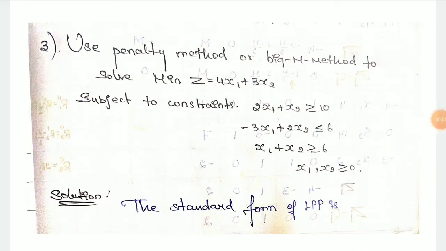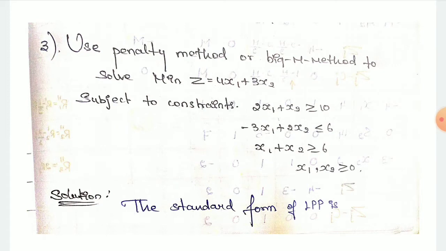Hi everyone. In this class we are going to see the example of the Big M method in minimization type. Already we have seen maximization. So minimization means first you have to change the problem into the maximization type. That is similar to the simplex method. So if minimization of z is given, you have to change the sign. Then we have a maximization of z.